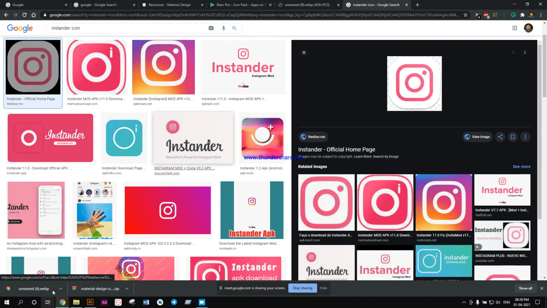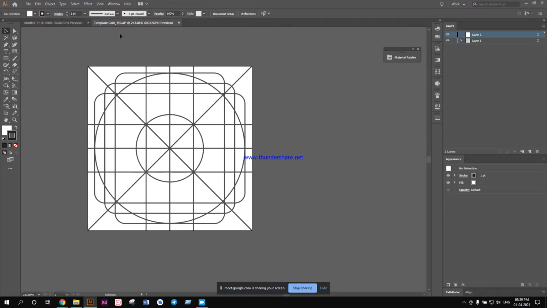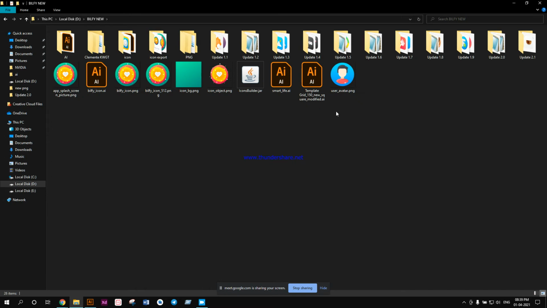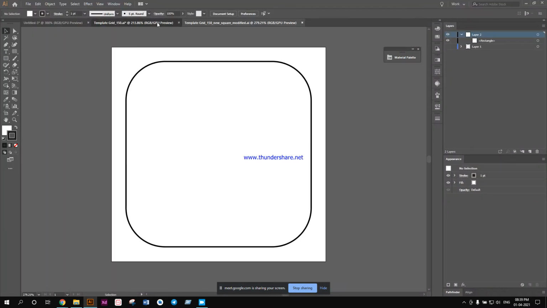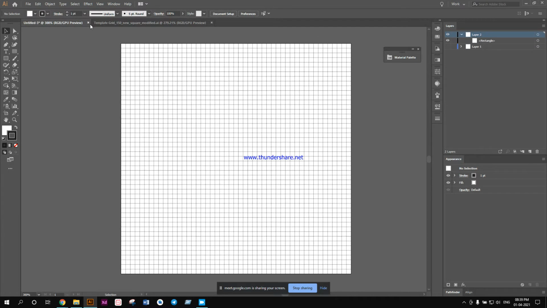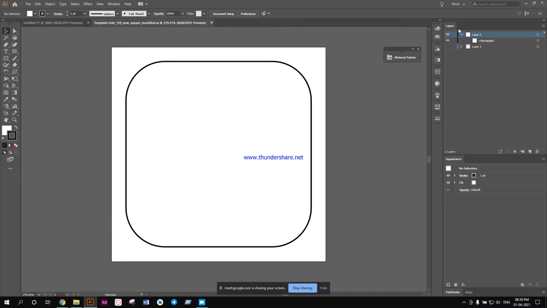I'm going to download this image because I have to trace certain parts of it. Now I'm going to disable this bottom layer. Before I do that, as I told you earlier, I have my own custom layout, custom grids for designing the Bilfi. I'm just going to close the earlier document, this one also. Okay, let's keep this for now.